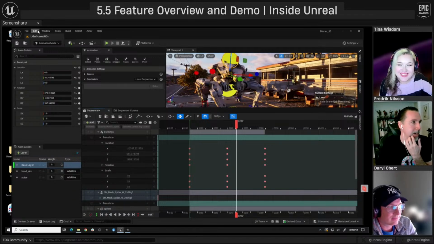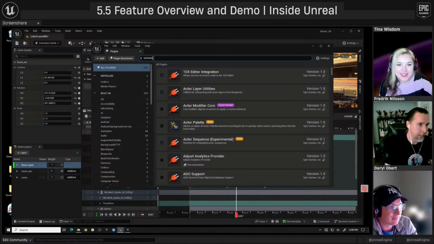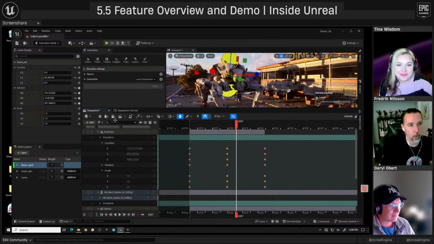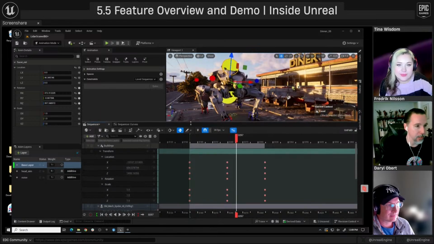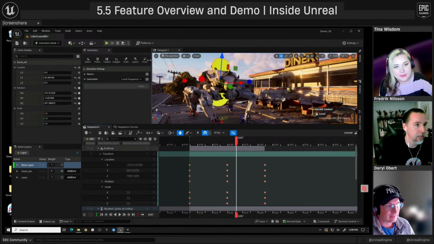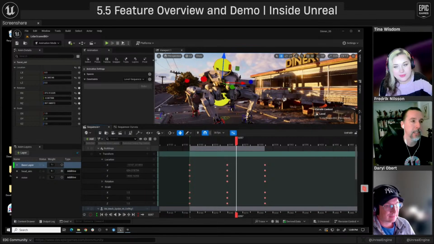Okay, so we added a plugin in 5.5 that we call the Animator kit. So this is a plugin that you'll need to enable and probably restart your editor because that's usually what happens with plugins. So you enable this plugin, you quit and restart. You won't see any changes to anything in your interface, but you will have access now to some new helper utility rigs that we call them. So Chase Cooper built a couple of utility rigs for us that we put into this plugin, and Jack Kai wrote some deformer plugins, which I'm going to get to here in a minute.